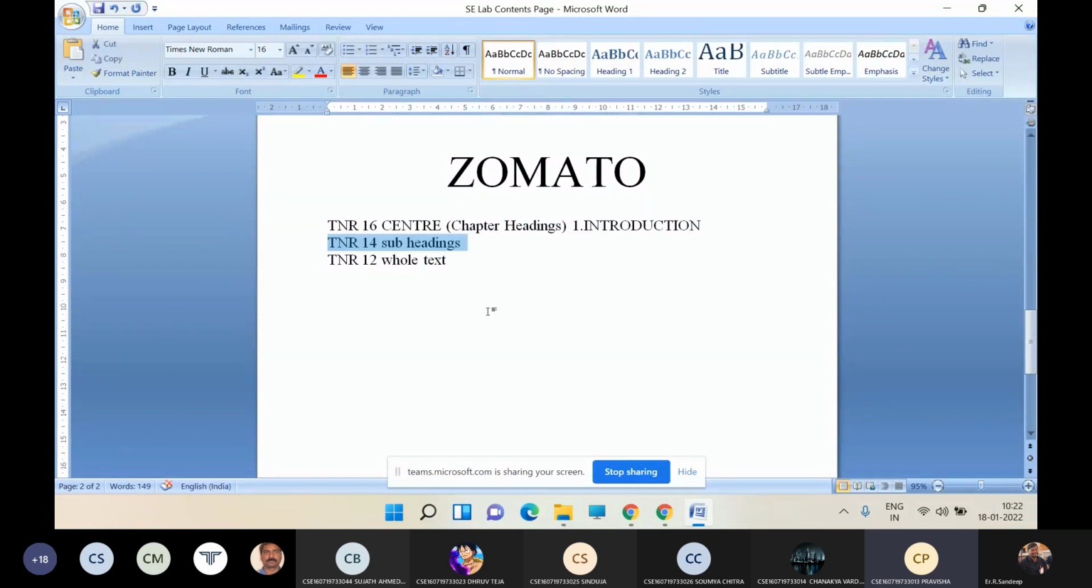All the subheadings till the end of the documentation will follow 14. All the text which you are keeping in the documentation till the end of the documentation will follow the TNR 12. And next, figures